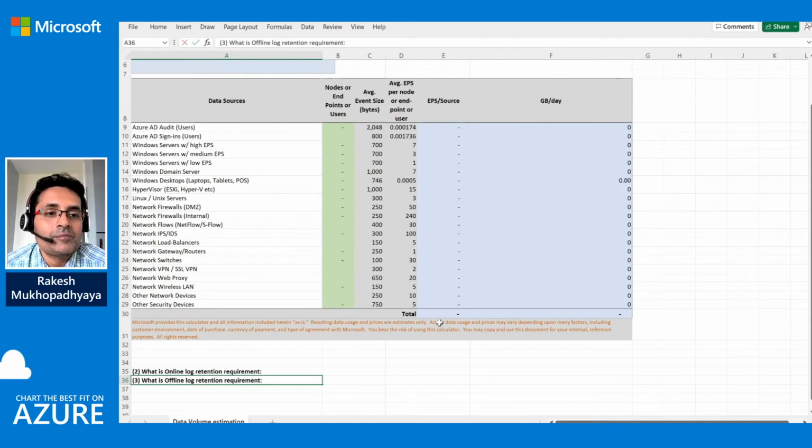Because as you see, we have divided it like Windows high EPS generating server, medium EPS generating server, low EPS generating server, then domain server. So the more data that you can collect from your customer, the more accurate will be the estimation, right?